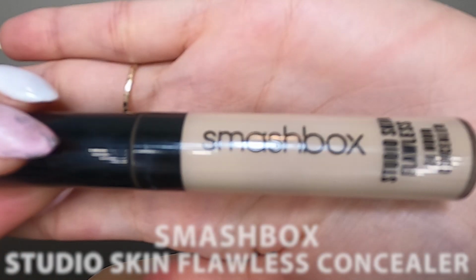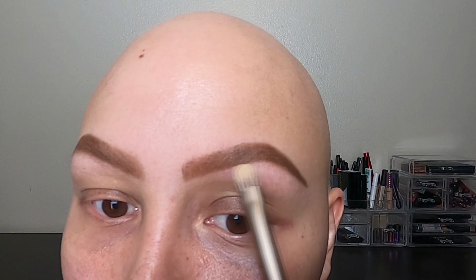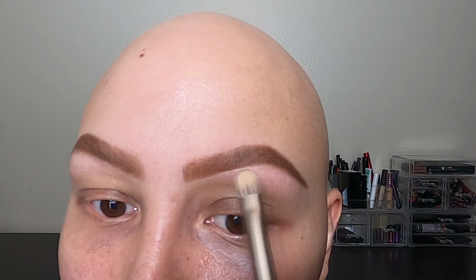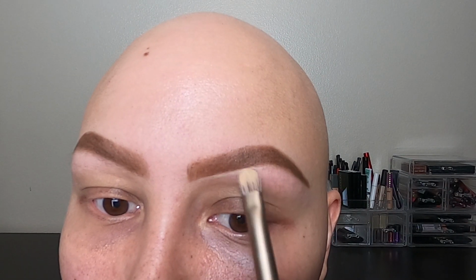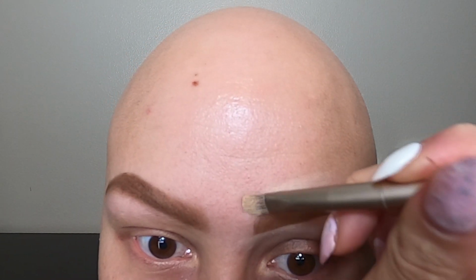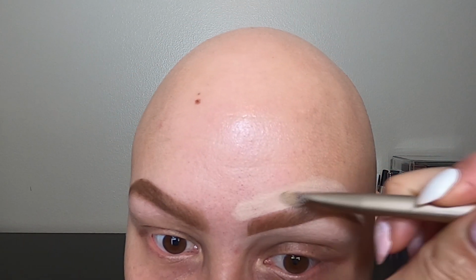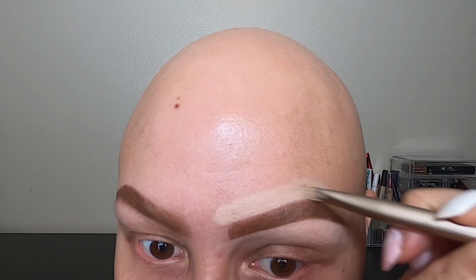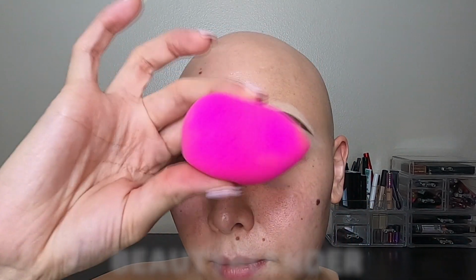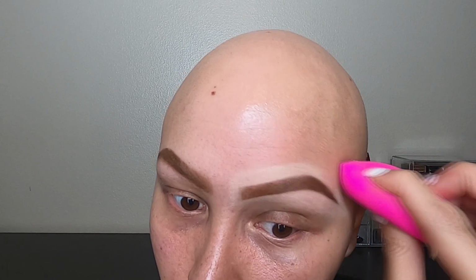Now for the fun part, I like to carve out my brows with some concealer by Smashbox and a flat brush. This really sets your brows in place, it cleans it up, and any mistakes that you made, you can actually cover it up with the concealer. Now I'm going to go ahead and take my beauty blender and just blend all that concealer out and prep that area for the next step,